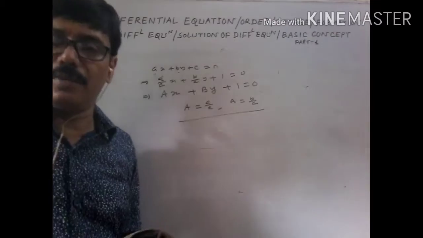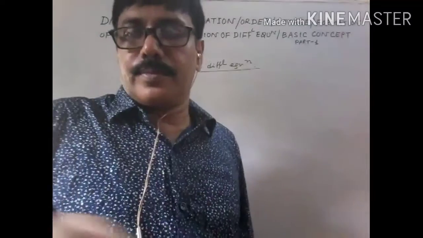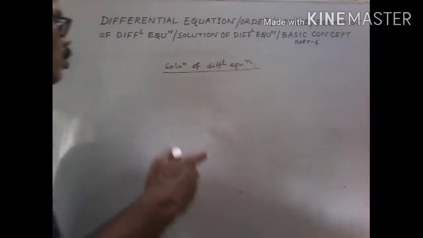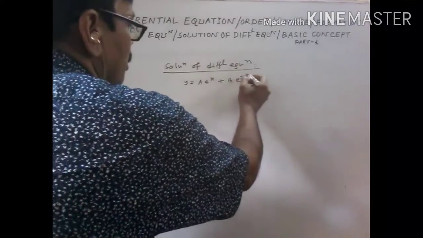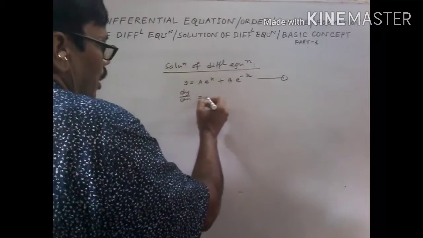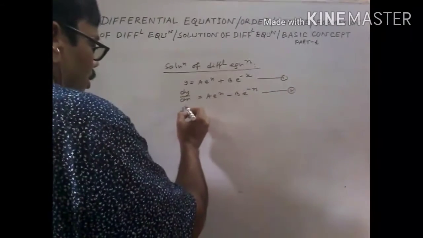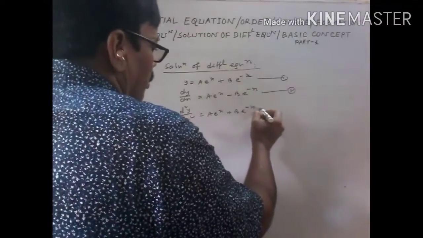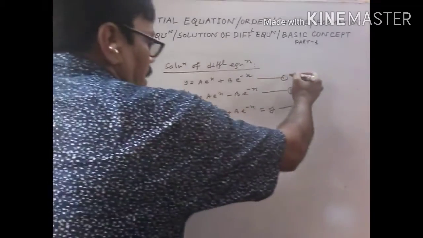Now we consider the solution. So if it is an equation, it must have a solution. So what is the solution of an equation? Now we consider what is the solution of a differential equation. So we have considered this equation. So this is 1. So what is dy/dx? We have already solved it. This is 2. d2y/dx2 equals y, where y equals a e to the power x plus b e to the power minus x. So this is the given relation.